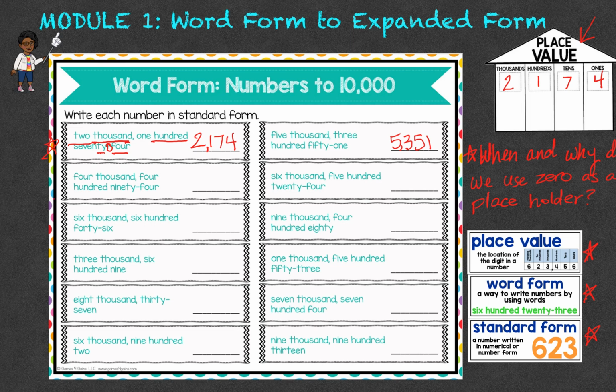I'm going to go down here next. 4,494. So I hear 4,000. Oops, I can write that correctly. I hear 4,000, comma, 494. That is a lot of fours. Then over here, I've got